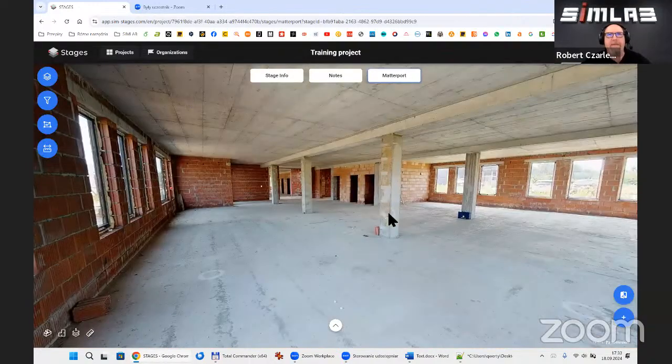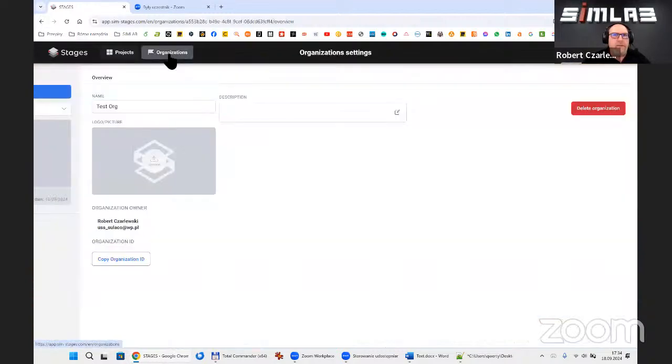Exactly. And the next thing I would like to tell you about is sharing the project, because we are telling all our customers and users that there is a possibility to cooperate in one project for different people, different groups of users. Sharing the project is a functionality placed in the organization tab.